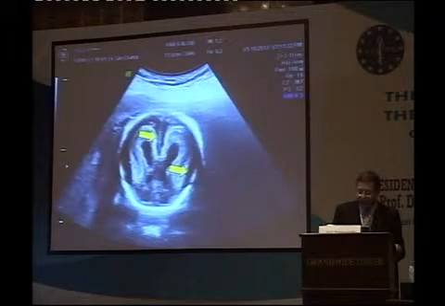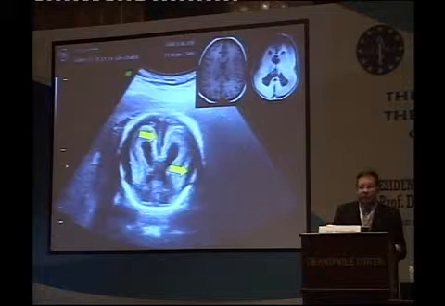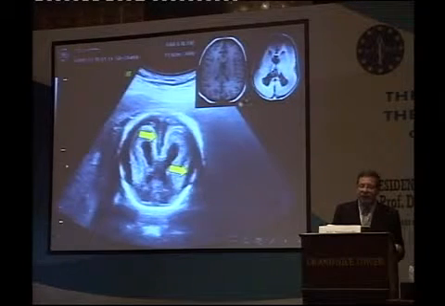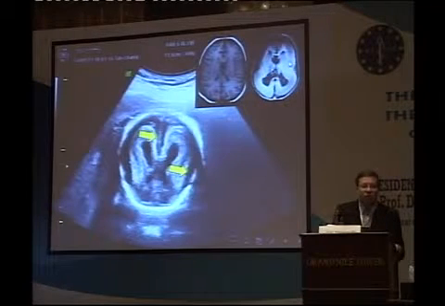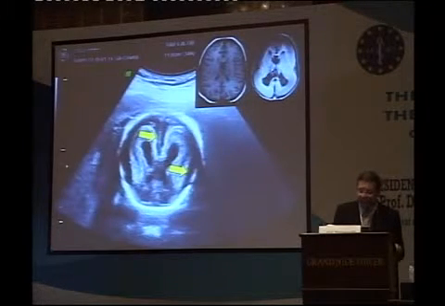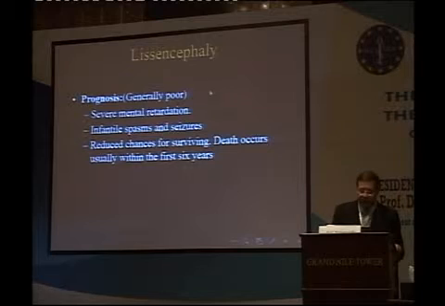And look, when you compare again the normal brain with the lissencephaly, this is the appearance of the ultrasound. See how similar to the postnatal appearance, which means all these things could be diagnosed prenatally, easily. Now, the prognosis is generally poor: severe mental retardation, infantile spasm and seizure, reduced chances for survival. Death usually occurs in the first 6 years of life, a life that is very troublesome for the mother and